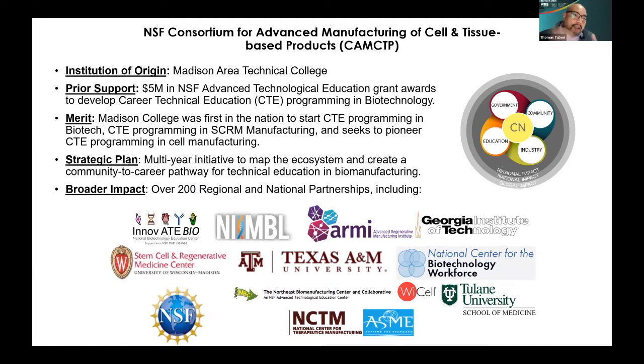So altogether, over the last few decades, we've received about $5.5 million to develop programs, not just in cell and tissue manufacturing, but at the college we've used this to really help develop our outreach and education initiatives in the biosciences. So for the consortium network,